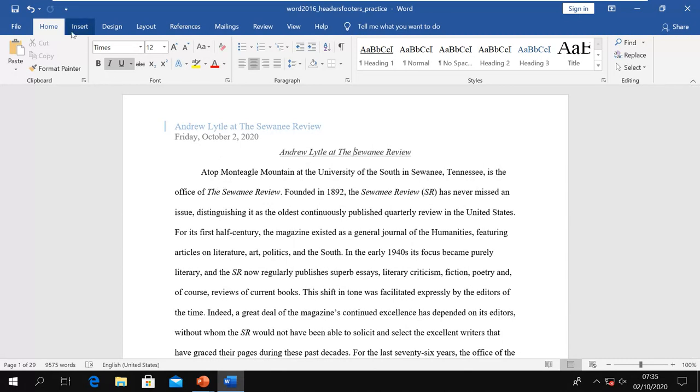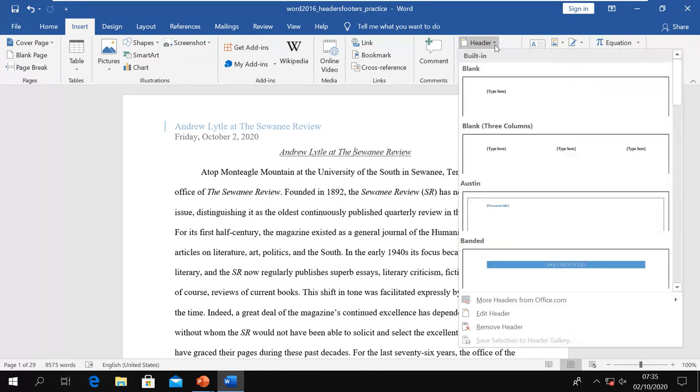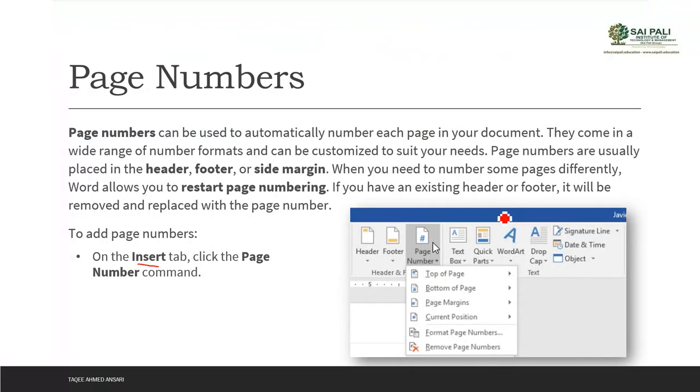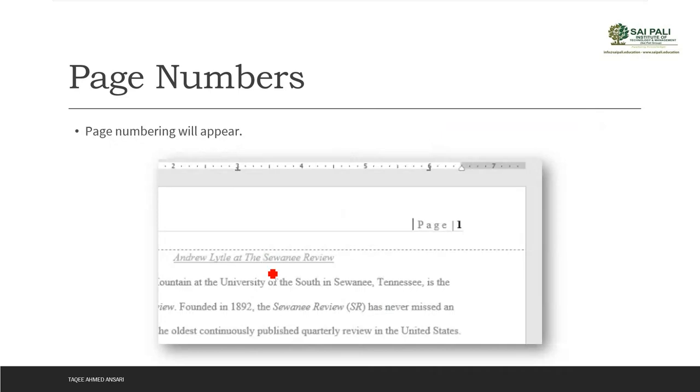So I'll go here in the Insert tab, and here I have the Page Number option in Header and Footer. In this I can also choose a header or footer, which is predefined, preset, but this time I want to add the page number. So I select Page Number here, and I have options: Top, Bottom, Margin or Current Position. Top means in the header, bottom means in the footer, page margin means in the left or right side margin, and current position means wherever your insertion point is, it will add the page number on that position. So I select top, so it will appear here,